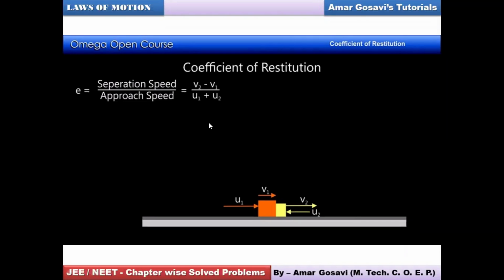This is how you apply the signs while working out vector quantities, friends. All the quantities which were directed along the positive x-axis were considered positive. The quantity in the denominator, u2, was directed along the negative x-axis, and therefore it was considered negative, which ended up making the denominator u1 plus u2 instead of u1 minus u2. This is something we understood before you solve problems. Is that clear? Hopefully things are pretty clear till here. Make a note of it and let me know once you're done with it.